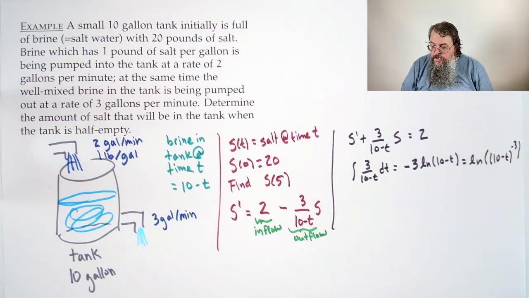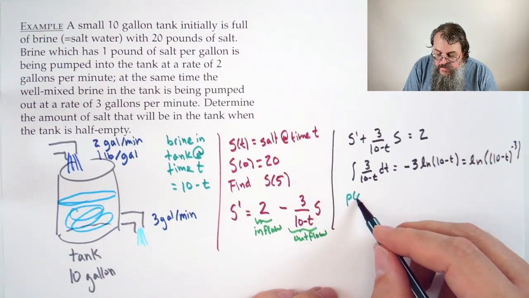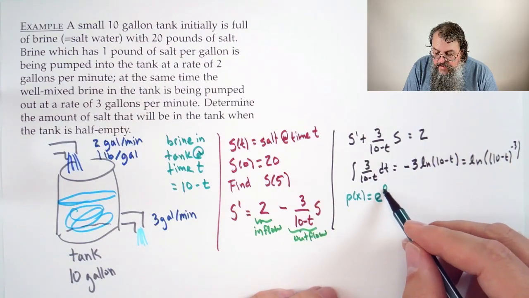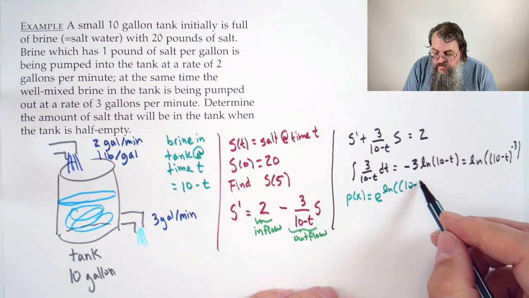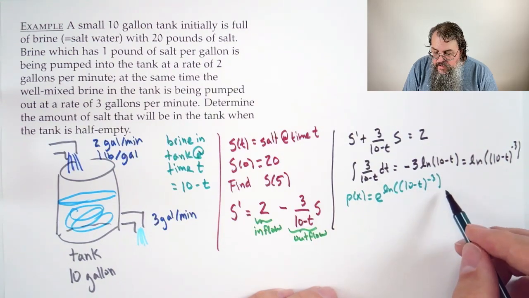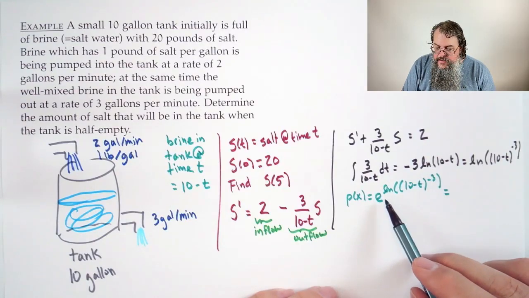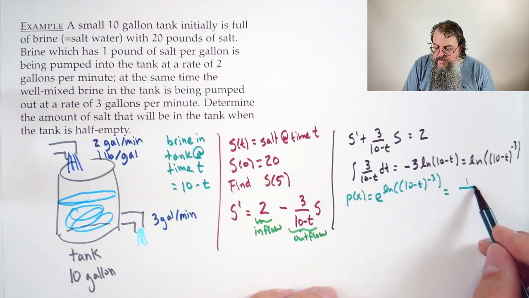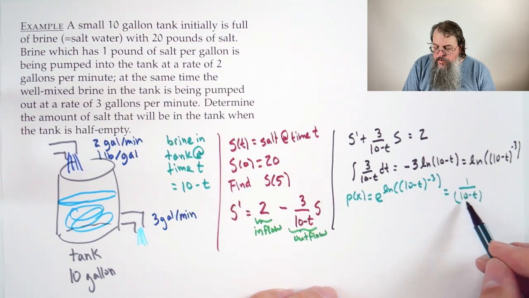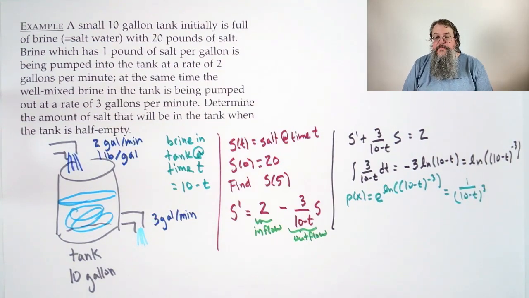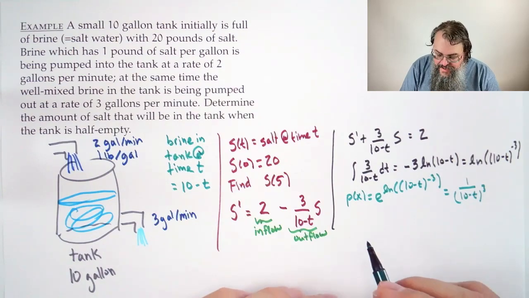All right, well, from here, we say our integrating factor, our rho of x, is e to that function. And oftentimes, it's not surprising we see logs show up frequently here. So e to log undo each other, so we can think of this as 1 over 10 minus t quantity cubed. All right, so we go through, multiply both sides by 1 over 10 minus t quantity cubed, and what